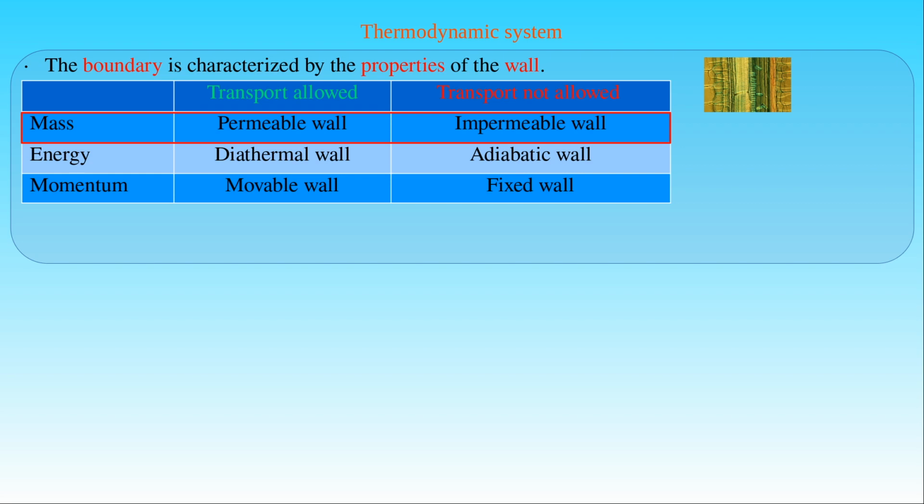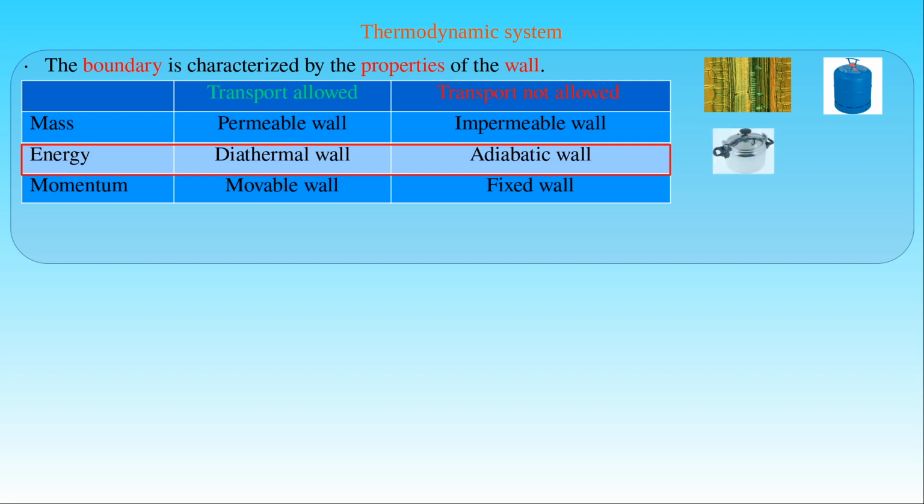A typical example for impermeable walls is the wall of a gas cylinder, which prevents the gas in the cylinder from escaping. In thermodynamics, we can consider any substance, gaseous or liquid, enclosed in some container, and study the exchange of heat between the substance and the environment while it remains confined within the impermeable walls of the container. If the transport of energy is allowed through the wall, normally in the form of heat transfer, the wall is called a diathermal wall. If the transport of energy is forbidden, that is, the wall is a perfect thermal insulator, then we talk about an adiabatic wall.